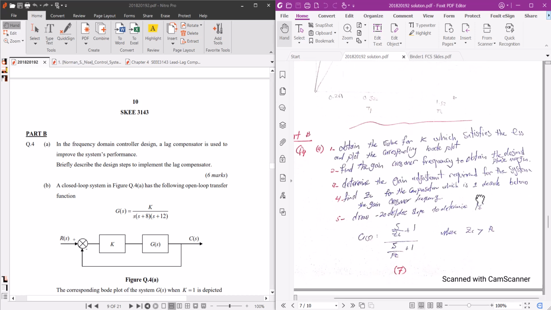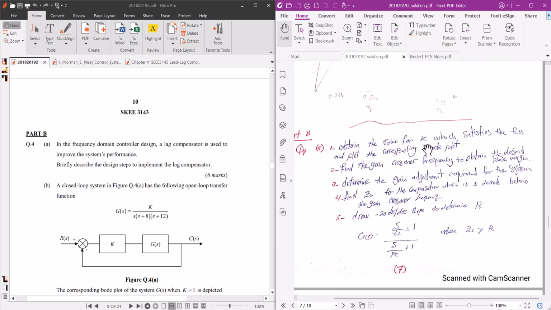Okay, so first obtain the value of K which satisfies the steady state condition. You will be given some steady state condition that improves your steady state error. From this you will calculate your K. Then plot the corresponding Bode plot. Find the gain crossover frequency to obtain the desired phase margin, and then determine the gain adjustment